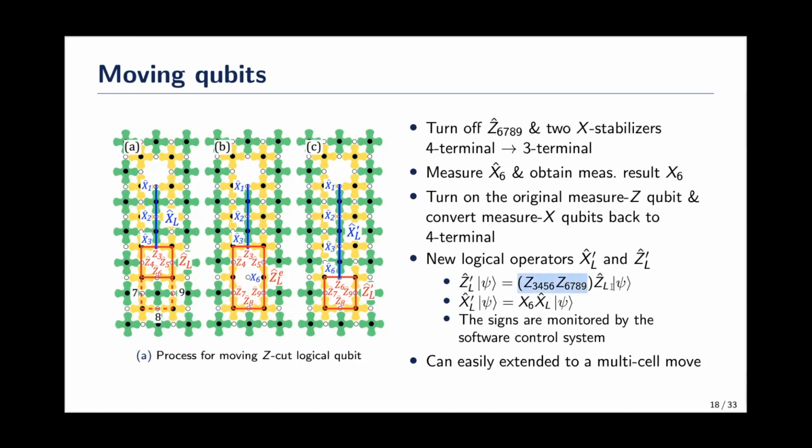And it can have a minus sign from the measurement result, but we don't have to worry about these signs because the signs are monitored by the software control system instead of being corrected immediately. And these moving qubits can be extended to a multi-cell loop by creating